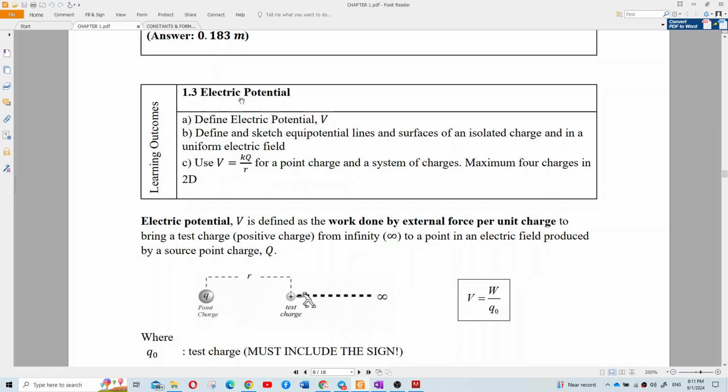Okay, so 1.3 electric potential. What is actually electric potential? Let us look at the notes first. Electric potential, symbol V,